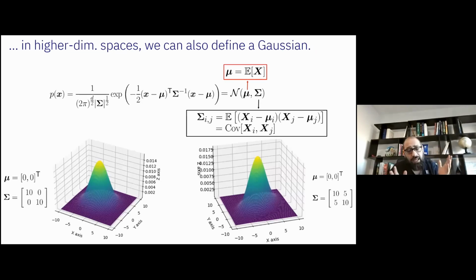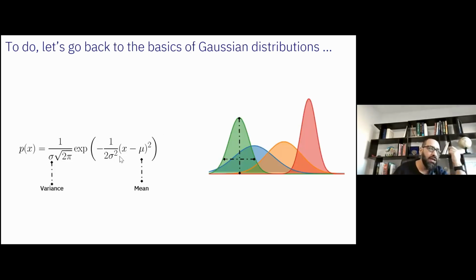Now, we can extend that into higher dimensions. To do that, let's think about what we need. If we look at this bell curve, we notice it has a mean, where it's centered, and it has a variance, sigma. Now, if I'm in higher dimensions, my mean cannot be one point, because it's a higher dimensional space. So my mean needs to be a vector of points. I need to say where this distribution is centered along this axis versus any other axis in any dimension I'm working with. Therefore, I need a mean vector and not a mean value. Two, the variance, it's studying the variation of